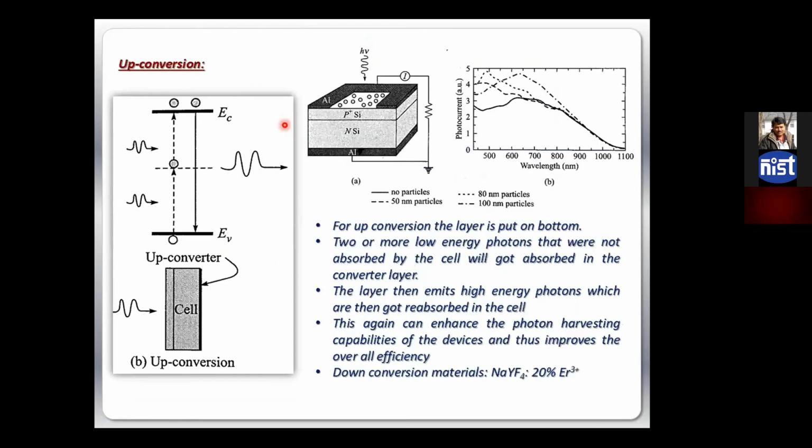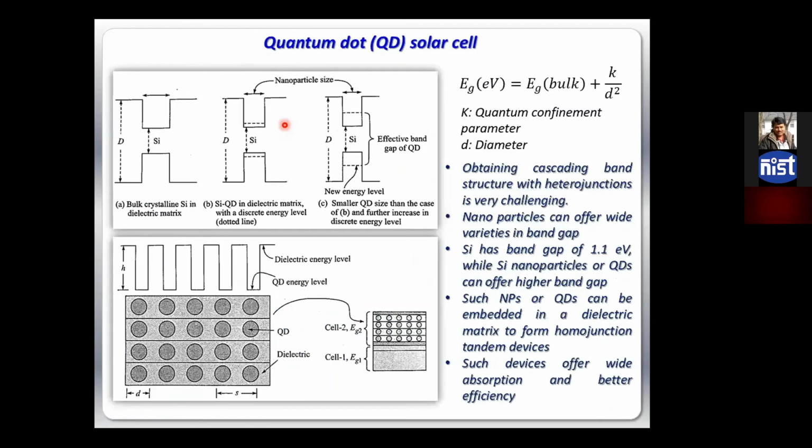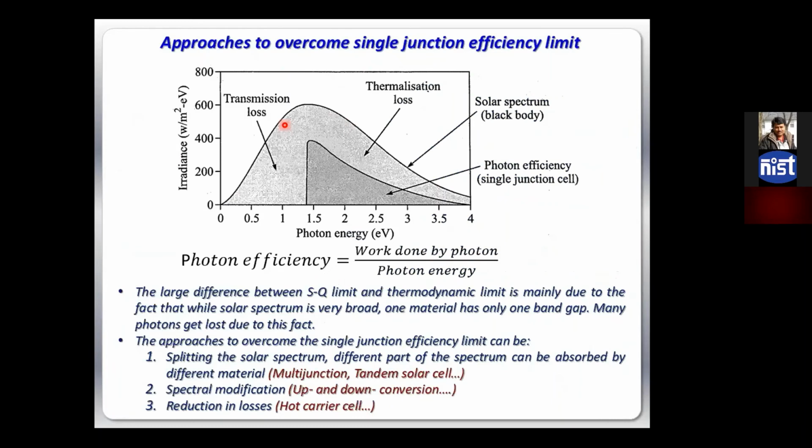Now, so far, we were talking about modification of the band gap, right? Modification of the band gap, selection of new materials and so on, to capture more photons. Now, suppose, let me go back to that spectra again. Suppose, instead of choosing a new material, what if we can come up with some technology so that whatever photons are being absorbed by the material, that is fine. The remaining photons' wavelength or energy we can convert into the photon energy which is desired for this particular material.